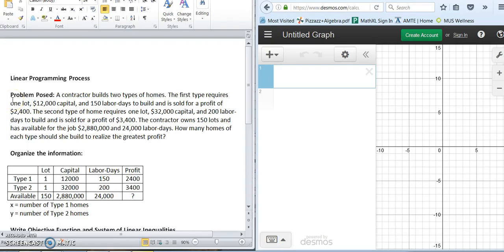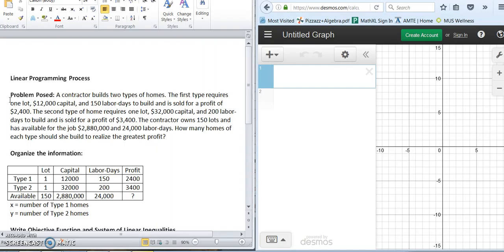The first type requires one lot, $12,000 capital, and 150 labor days to build, and is sold for a profit of $2,400. The second type of home requires one lot, $32,000 capital, and 200 labor days to build, and is sold for a profit of $3,400. The contractor owns 150 lots and has available for the job